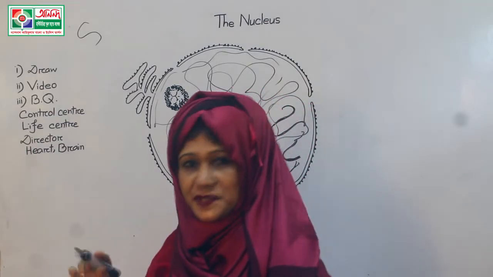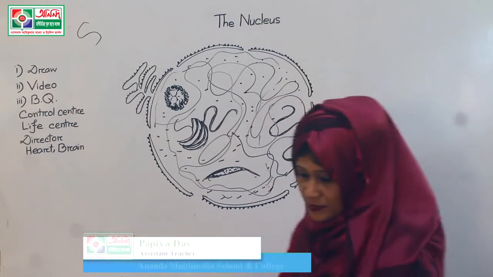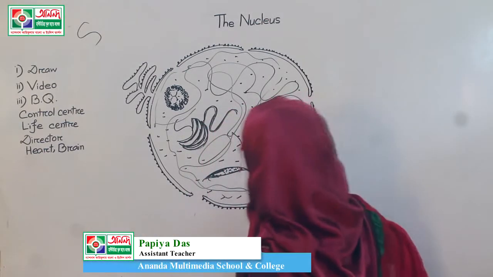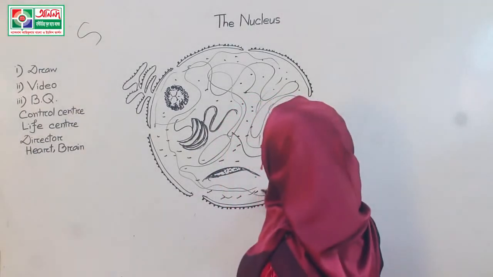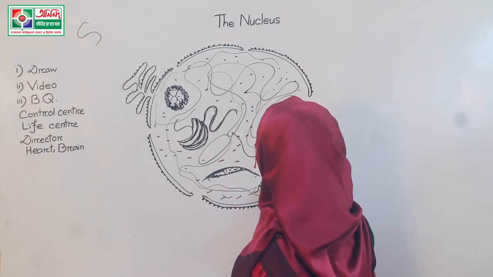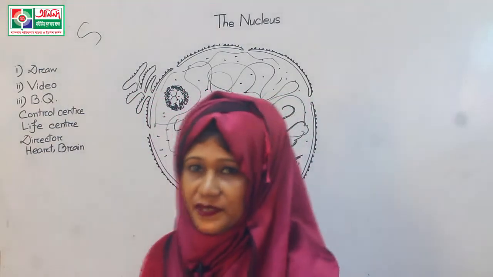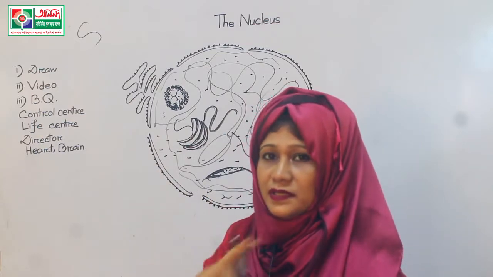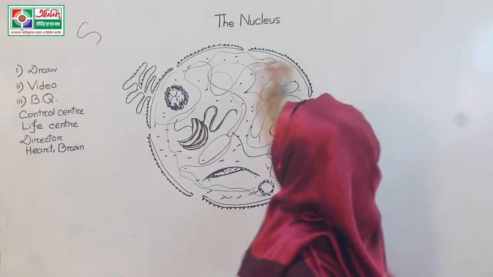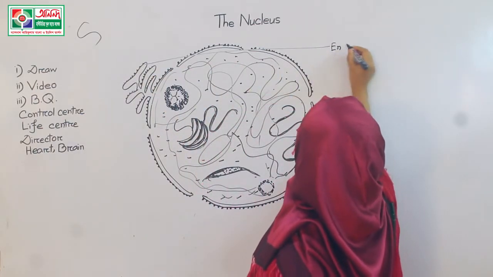Now we will give some dots. And here I will draw a karyosome, more or less similar to the nucleolus, a round structure. This is our karyosome. Now the important part, that means the labeling. This drawing is very simple, but we should know the proper labeling. First of all, this is the endoplasmic reticulum.